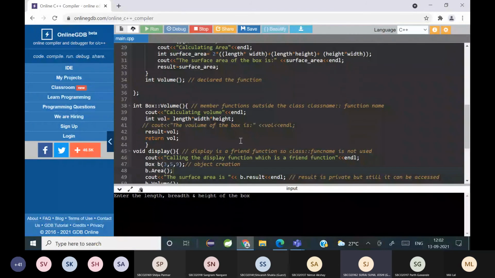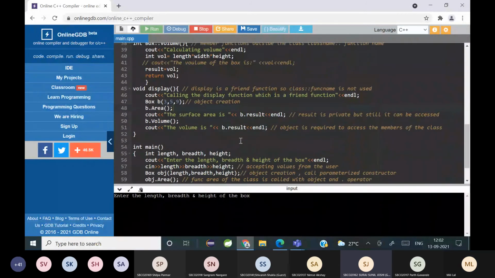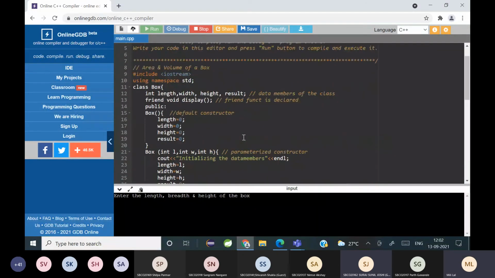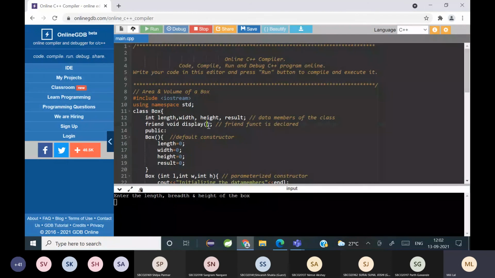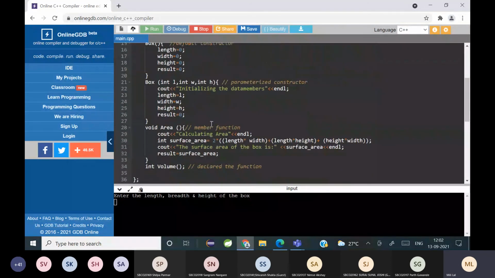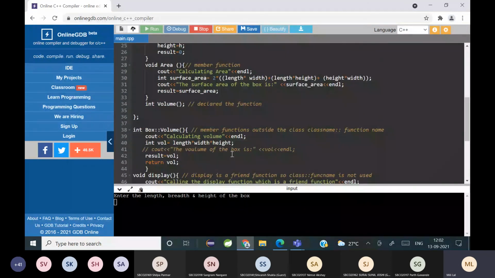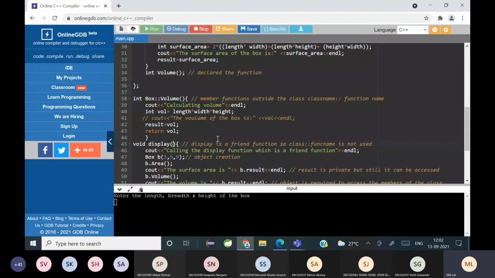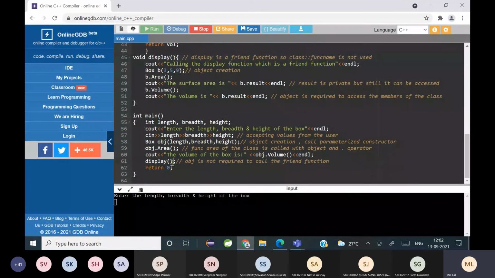My mistake was in the friend function declaration. Yeah, the friend function declaration should be correct. When you change it here, you have to change the display function here, and then call the display function accordingly. These are the changes you have to make. Yes, the error is resolved and it is working fine now.